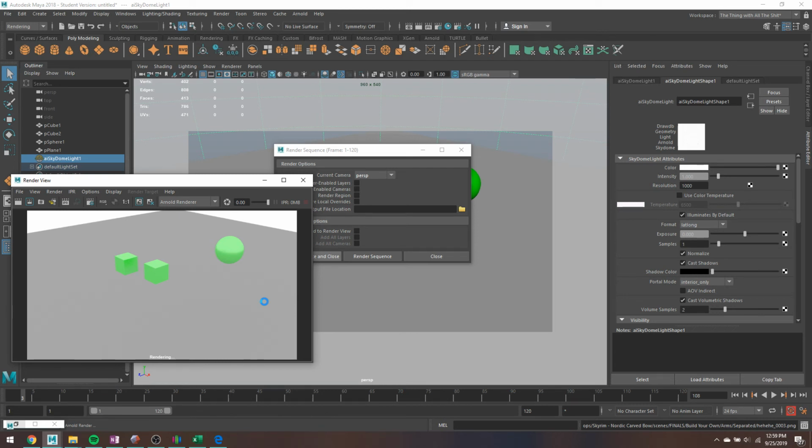It should dump all of these, where have I put this? So if you have your scene set, it's going to dump all of your images in the images folder unless you tell it